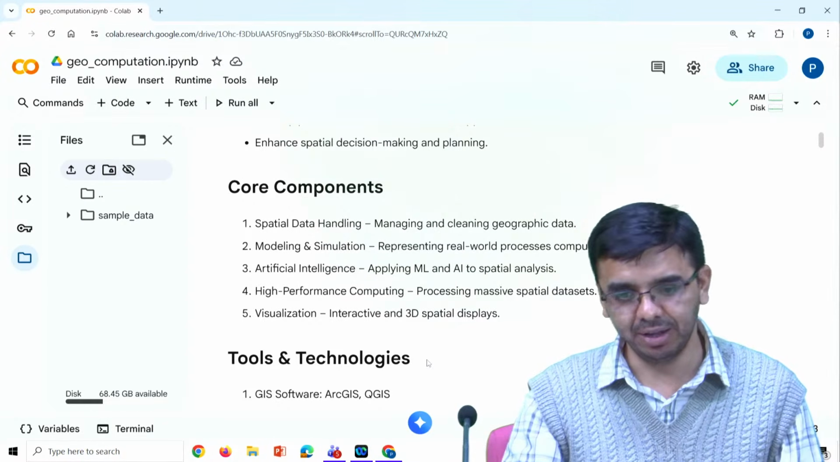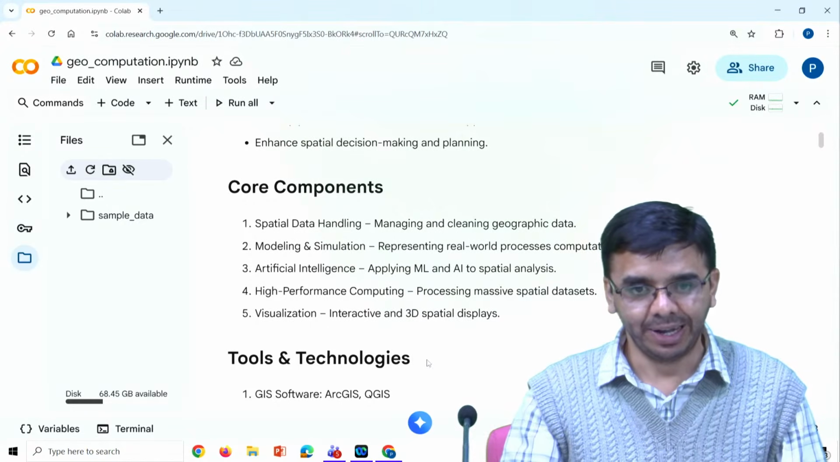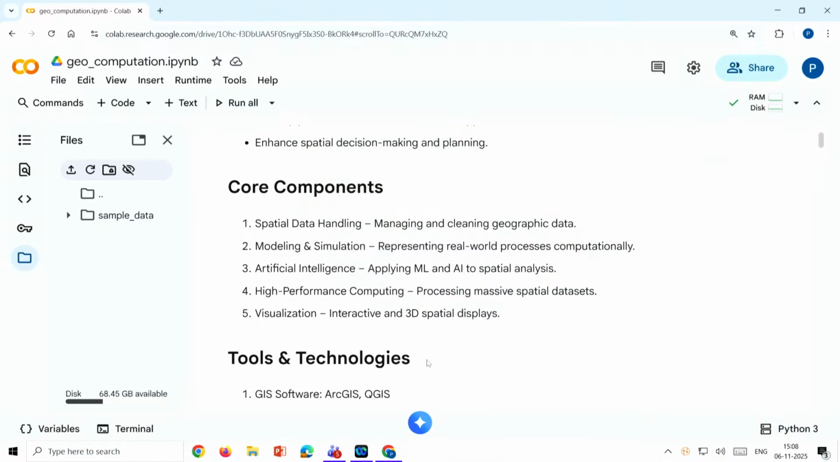So spatial data handling: in spatial data handling we will be discussing how we manage the data and how we clean that geographic or geospatial data, so that down the line processing tasks can easily consume the data. Then modeling and simulation is also one of the core components of